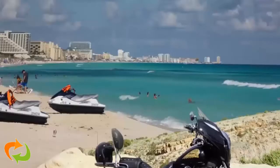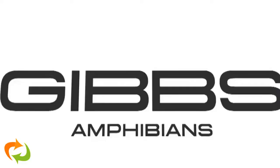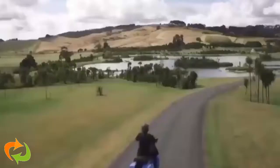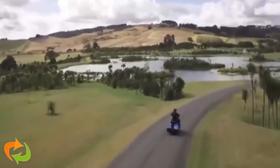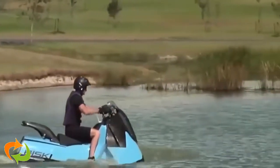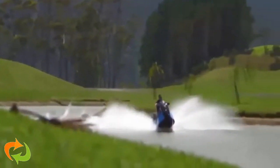If you're someone who loves motorcycles and jet skis, you probably wish for a vehicle that combined both. Thanks to Alan Gibbs of Gibbs Amphibians, your wish has finally come true. This is the Bi-Ski concept prototype, a truly amphibious single-seat motorcycle that can be ridden right into the water without missing a beat. This futuristic bike is so cool, even Agent 007 himself might be tempted to grab a helmet